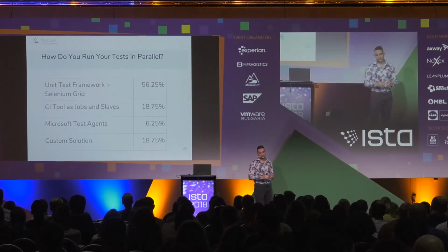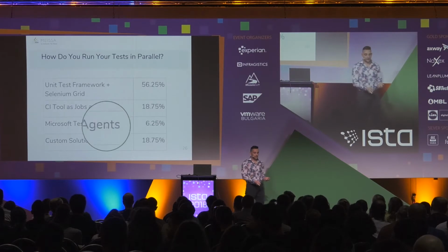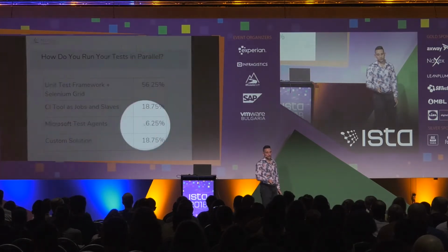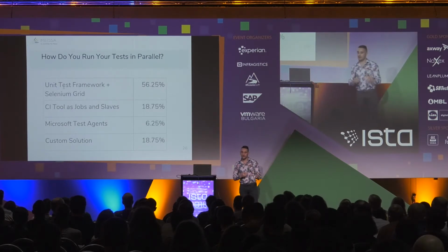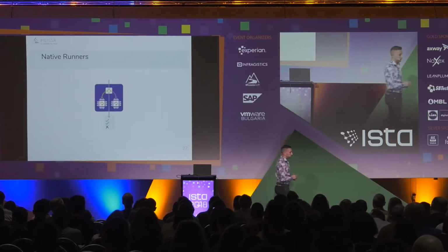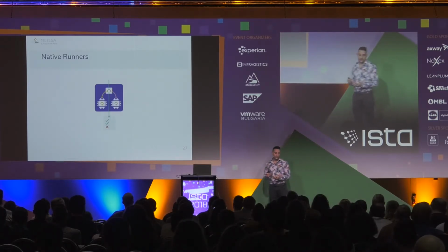So as you can see, fewer of the people use Microsoft Test Agents. Some of them use continuous integration and custom solutions, but almost half of them use a combination between the native test runner and WebDriver, if we are talking about UI tests, of course. However, using a native test runner has a couple of drawbacks. What are they? Well,